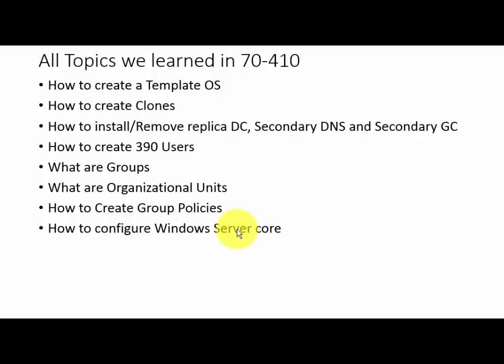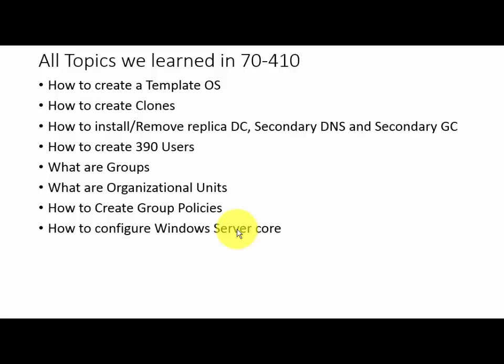The steps were that first you mount the ISO of 2012 to a newly created folder, and then decide which edition to load when converting to GUI. You can load standard edition, you can load datacenter edition, it's up to you, as long as we select that. Then simply run the command to